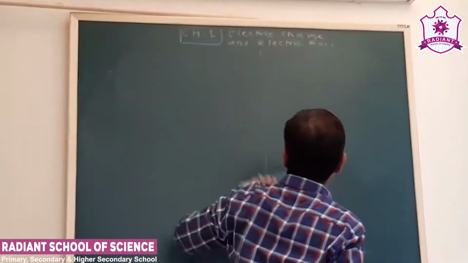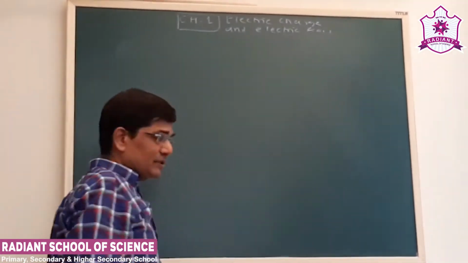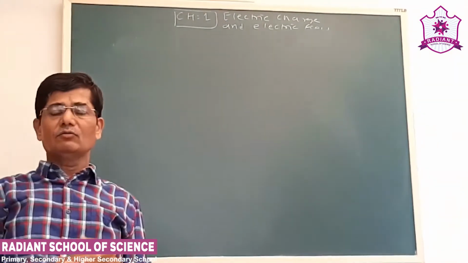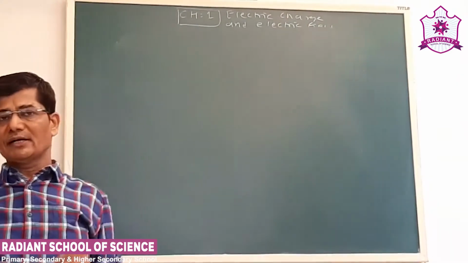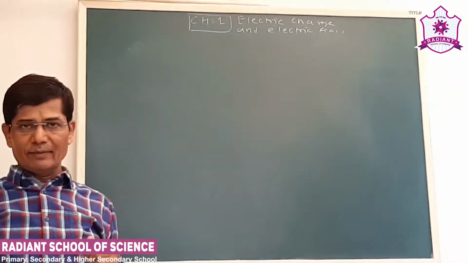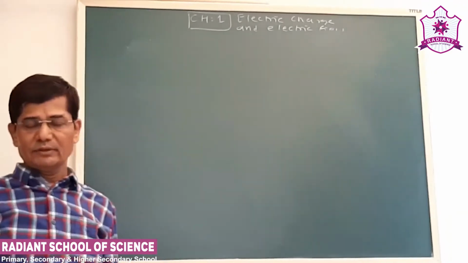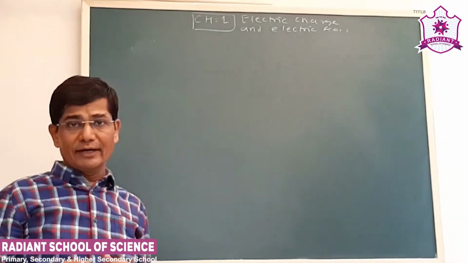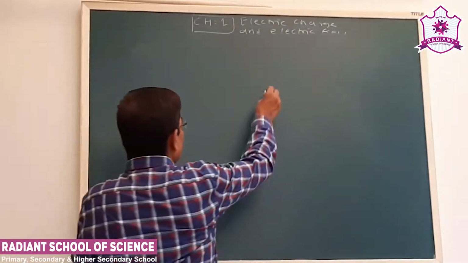Now the concept of electric flux is useful to establish the electric field with its sources. Now, what are the sources of the electric field? Initially we discussed electric field due to point charge, then discrete charge distribution, then electric dipole, then linear charge distribution, surface charge distribution, and finally volume charge distribution. These are the sources of the electric field. How to relate electric field with its source? That is given by the concept of electric flux.